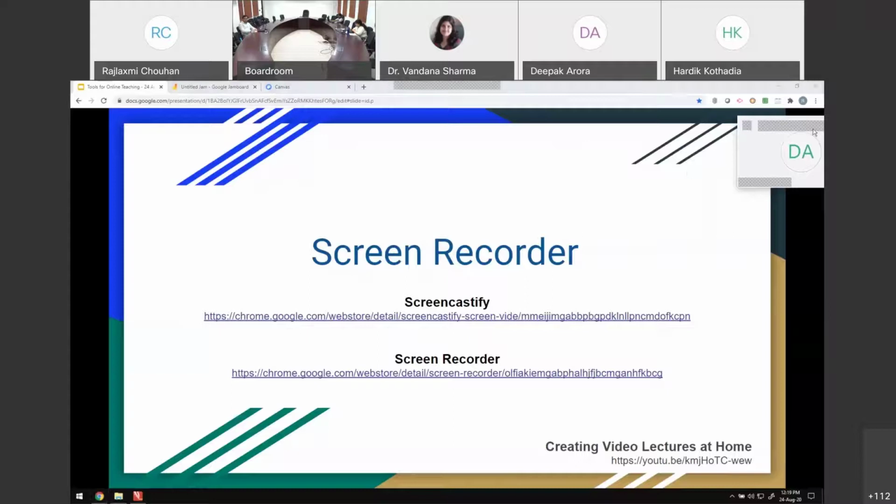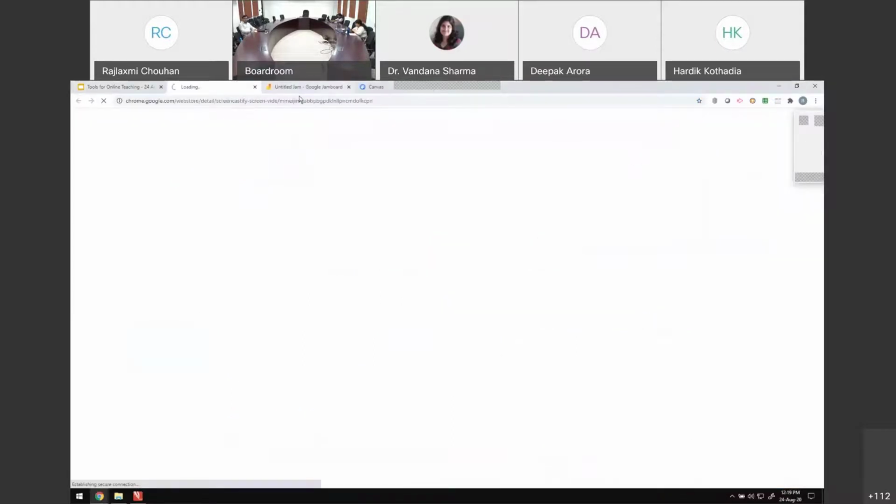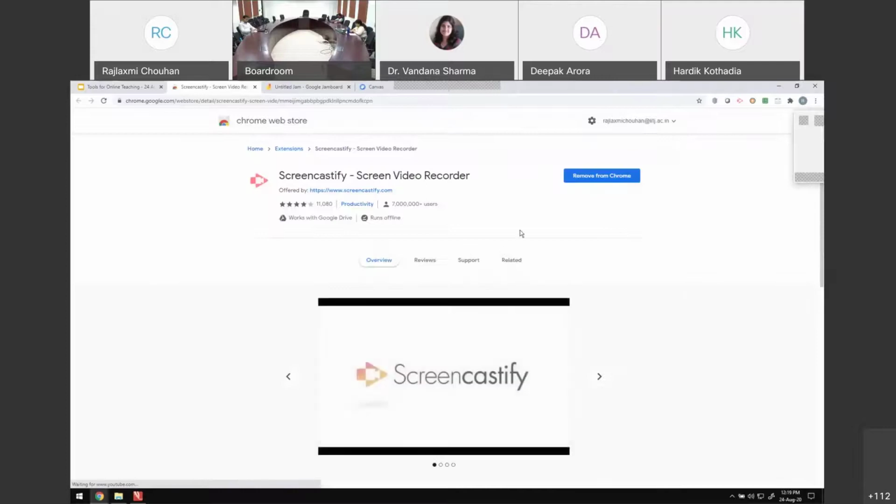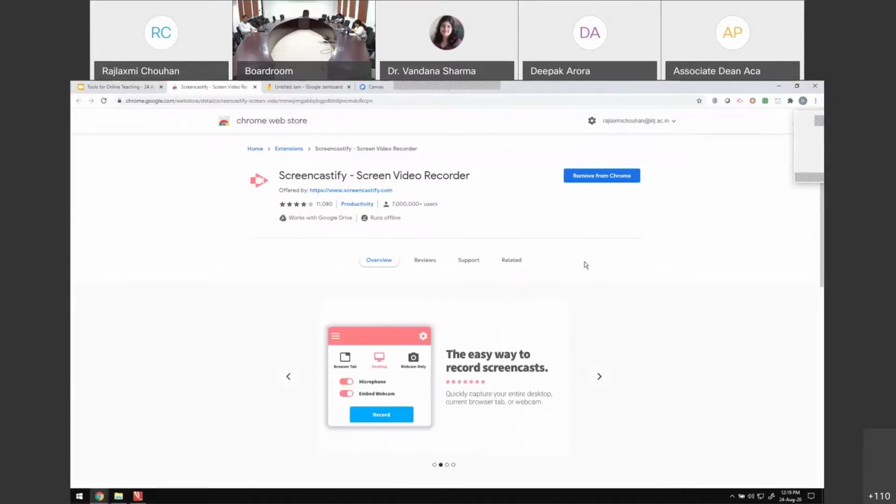You can use the inbuilt recording option of WebEx or Google Meet, of course, but you can also use a screen recorder. And one such example is Screencastify that she said. Screencastify is very widely used by a lot of YouTubers, but the only problem is that the free version is free for just 5 minutes. So just 5 minutes of recording can be done. But there are a lot of additional features which I'll show you.